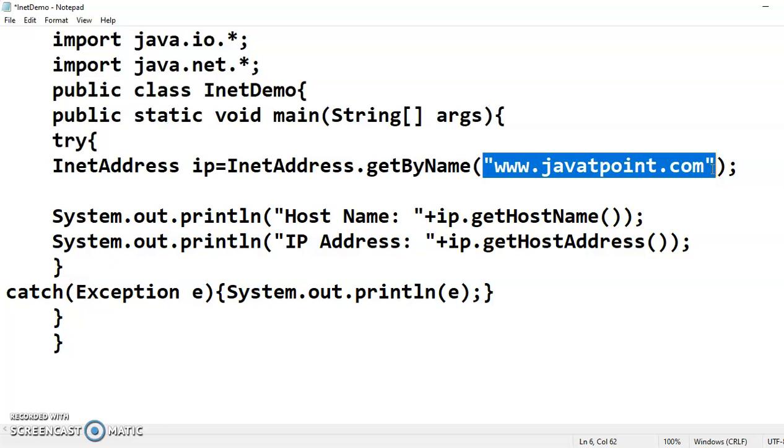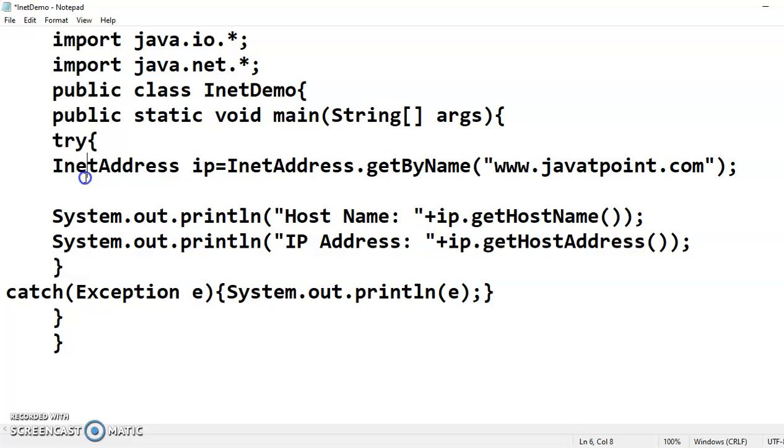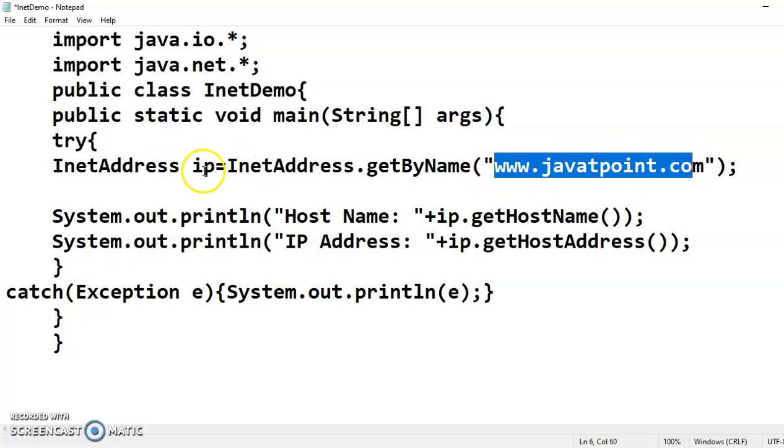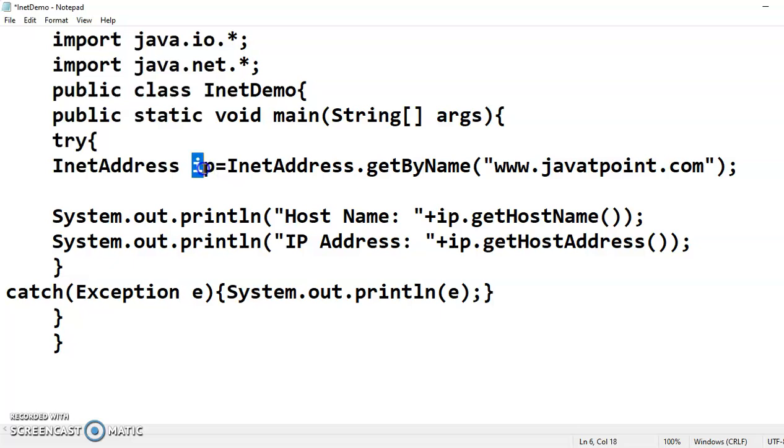The InetAddress class. On the left-hand side you can see I am creating an InetAddress object called IP. This object will have the host name as well as the host address. Once this IP object obtains the host name and the IP address of this domain, we'll use this object to print the values.